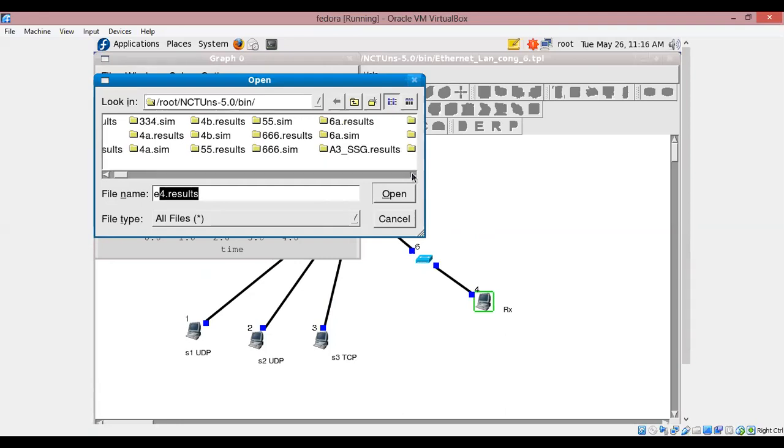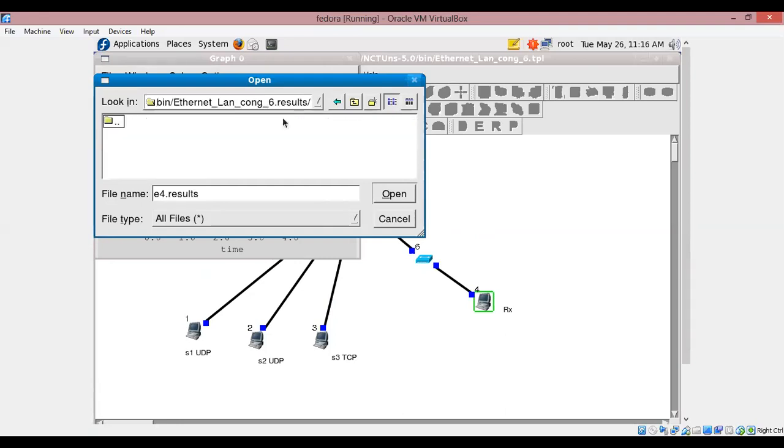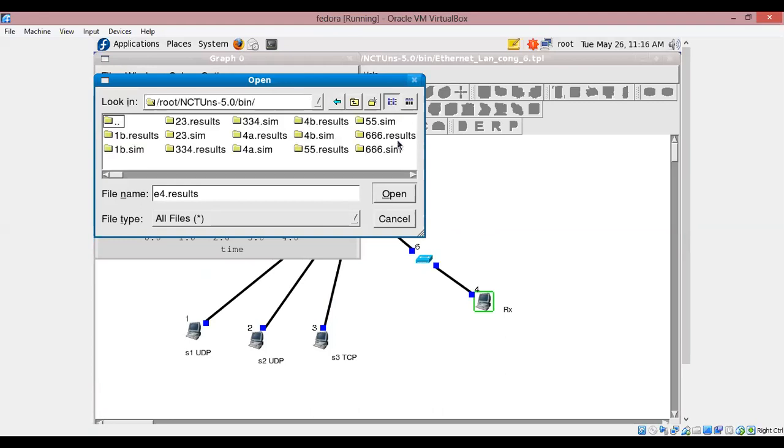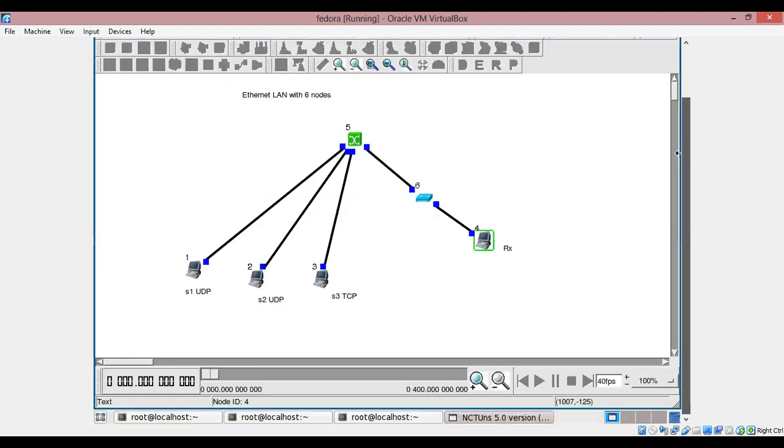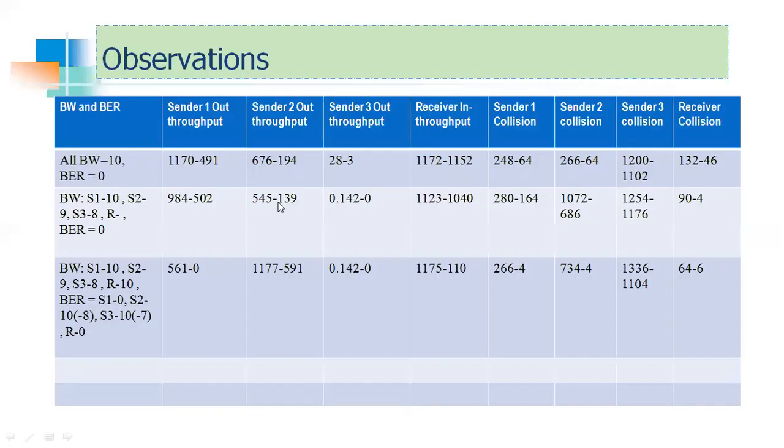So here, okay, I think now I have not played, so it is not available, but we have already seen all the outputs, right? And accordingly, we have plotted the table also. So all such scenarios. So check the receiver collisions, check all the throughputs, and receiver throughput will be reducing as you change the bandwidths, as you reduce the bandwidths, and so on. Okay. So this is how you can do this experiment. Okay, any doubts, we can clear it in the online class session. Thank you.